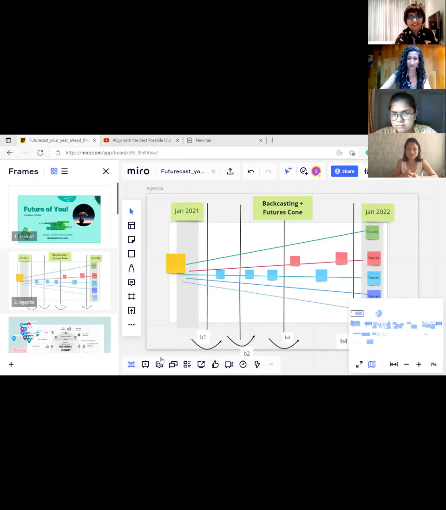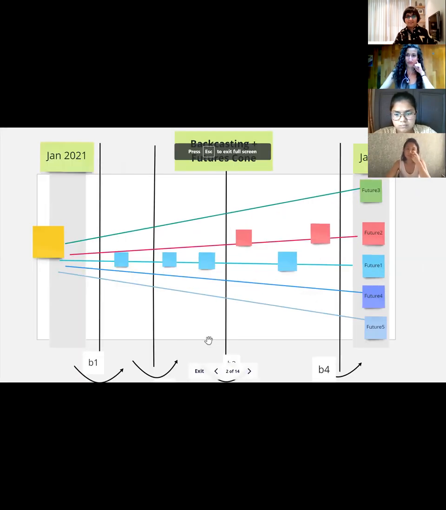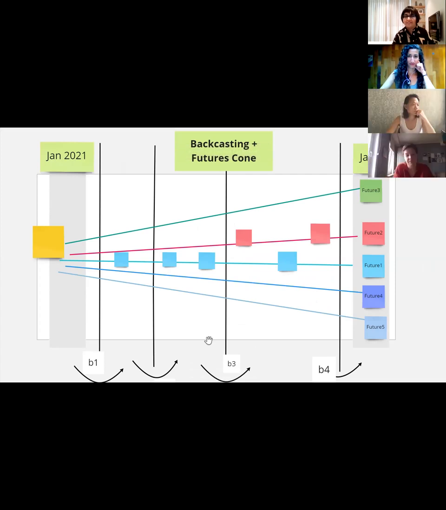So this is the tool that you see on the screen. I know we have a lot of tool lovers, framework lovers. This framework is called backcasting. It's a wonderful tool which you may want to use in your work as well if you end up liking it. Normally we use this tool for long-term planning, even 20 to 30 years ahead. But in our case, we're using it for one year in advance. But yeah, consider using it for your work.